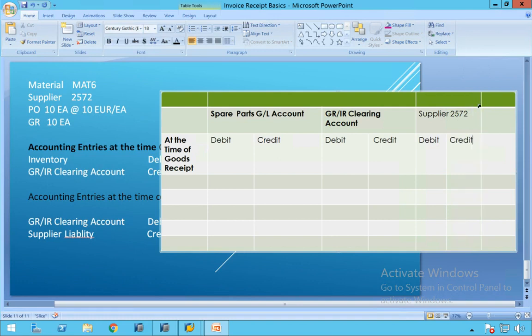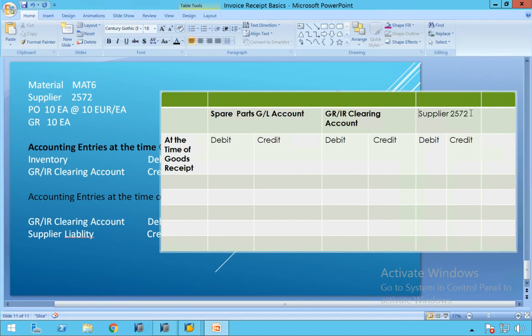See, basically I am an engineer, but still I have learnt financial accounting and controlling also, to a major extent. You should really appreciate what is happening when you post a goods receipt, when you post an invoice receipt. But in real time, I have seen that many people simply mug up how the system is behaving.